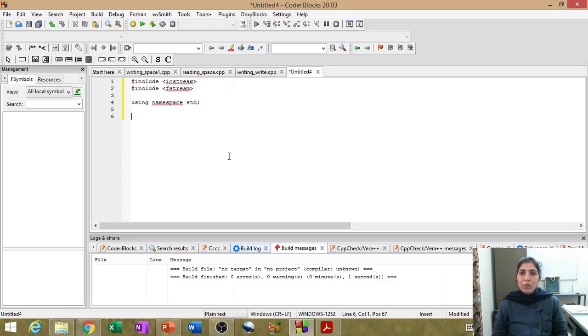So in this program, we will see how to read and write objects to disk files. But before creating the object, let us create a class. Suppose the name of the class is student and it will contain some data. Suppose int roll number and then char star name. Let us also include here